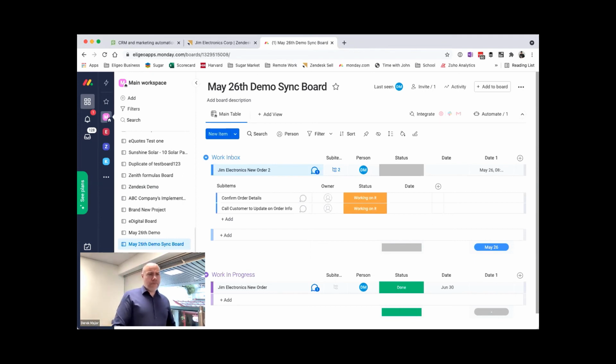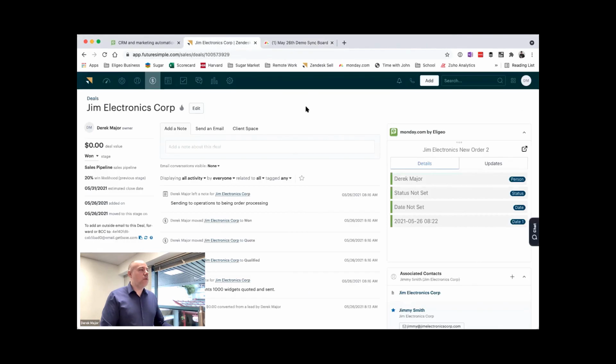Okay, let's see here. So Sonia, our marketing manager, is feeding me some of the questions coming in here. So first one, does this app work with the Zendesk support app? So not yet. This widget here on the right hand side is in development right now for Zendesk support. So you'll be able to incorporate this into Zendesk support, which will be cool as well, because you'll be able to create use cases around